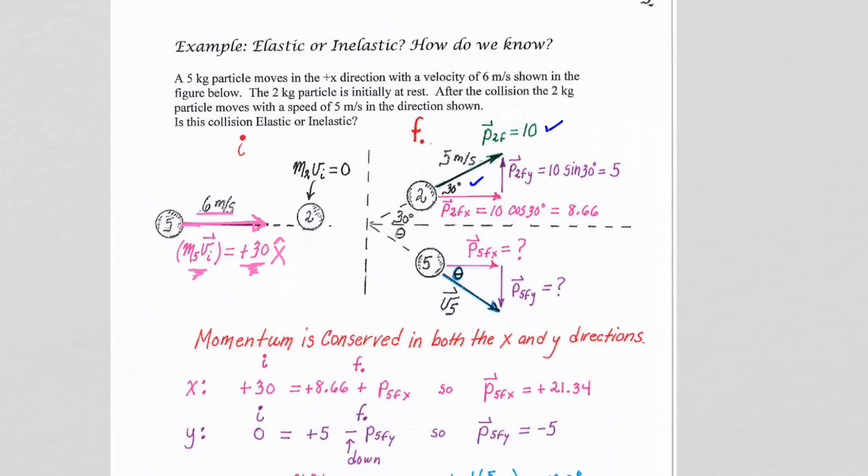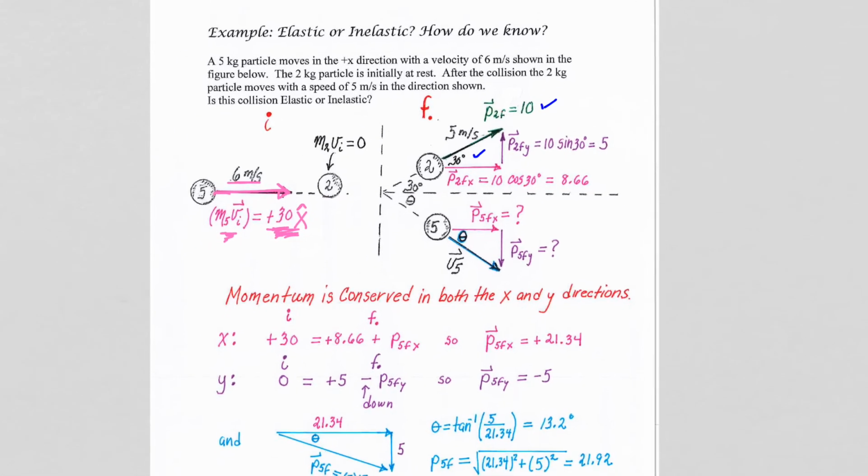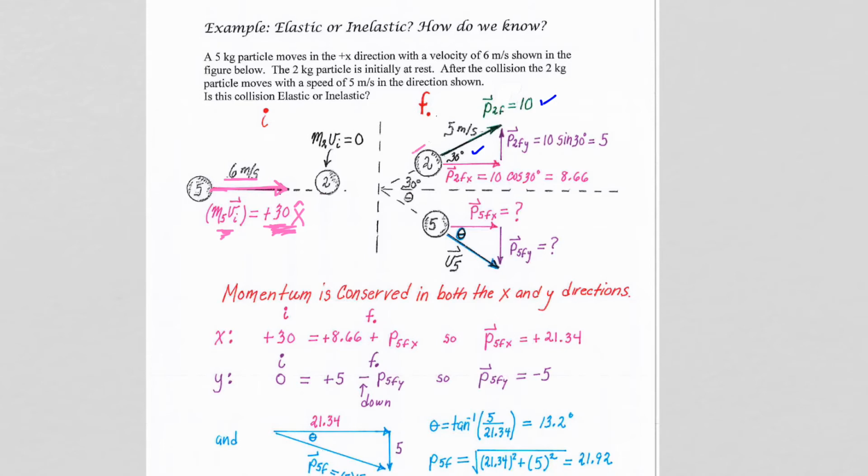Well, what we do know is we had 30 momentum units to the right before the collision. Well, we better have 30 momentum units to the right after the collision. And what we can do is take our 2 kilogram mass here, and we can calculate how much momentum it has in the x direction. So when we do 10, because mv, the momentum is 10, times cosine of 30, we get 8.66 units of momentum to the right. Well, we started with 30, and the 2 kilogram object gave us 8.66,